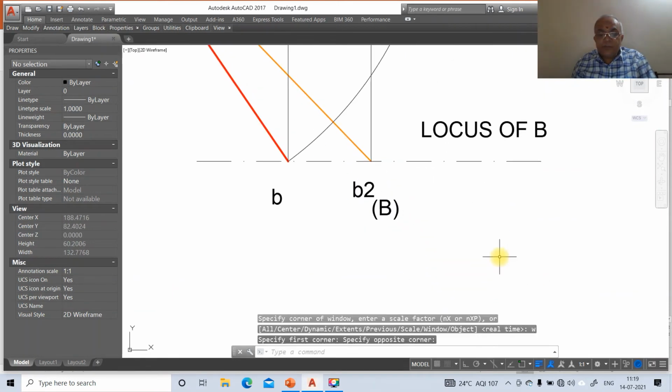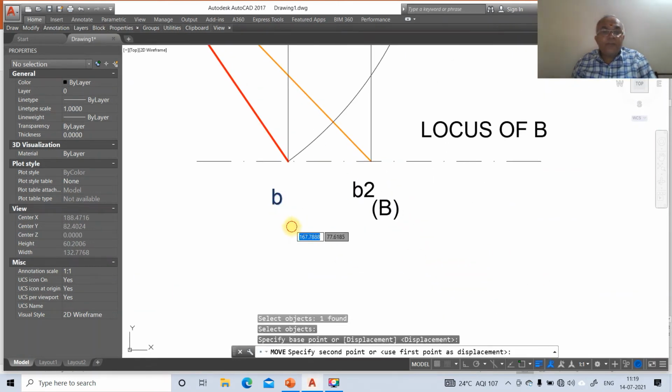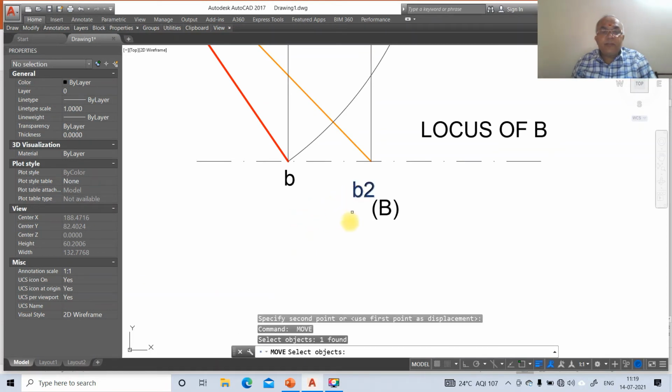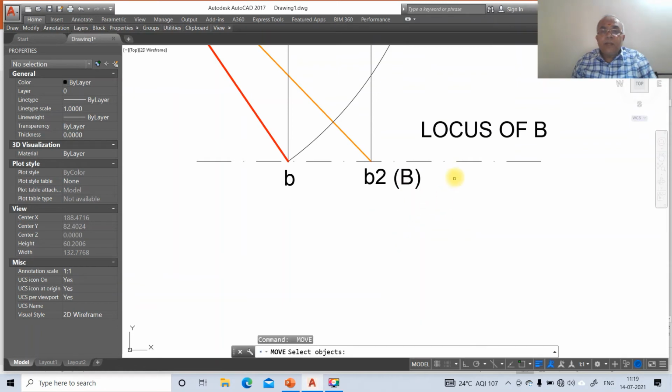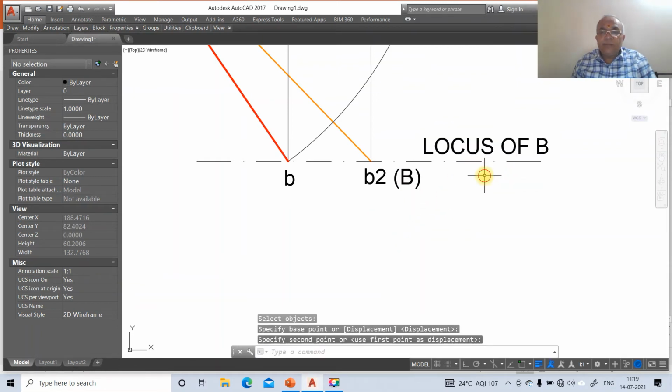Now you take move, this is B, this is B2, this is capital B, and this is locus of B.